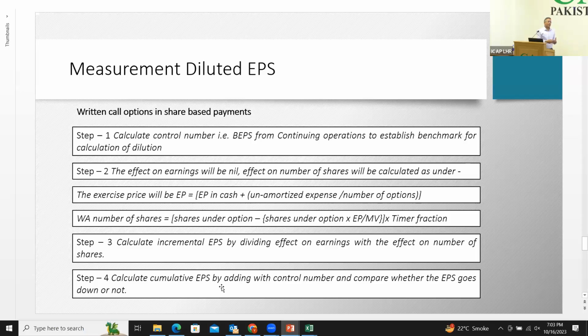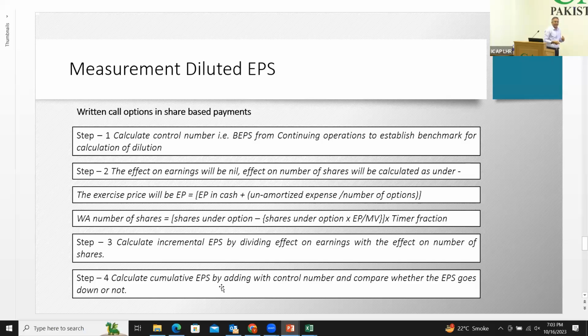So the standard requires that your unamortized expense divided by the remaining number of years of, let's say, vesting period, that amount is basically also part of the exercise price. Let's say the share is for rupees 20, market value is 50, and unamortized expense is 30, and there are 3 years in which the employee has to render the services. 30 divided by 3, 10 rupees,